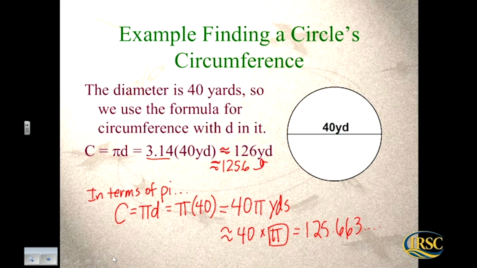If I asked you to round to the nearest whole number, then you would get the same answer as what we did with 3.14. So it would be approximately 126 yards. If I asked you to round to the nearest tenth, you would get a different answer than with 3.14. Because notice for the first one, we got 125.6. For the second one, notice that rounding to the nearest tenth would bring us up to